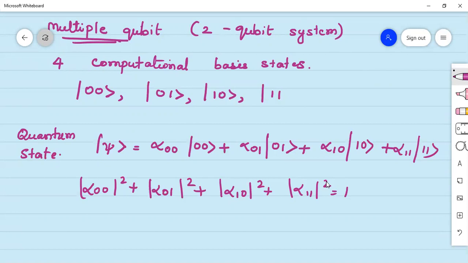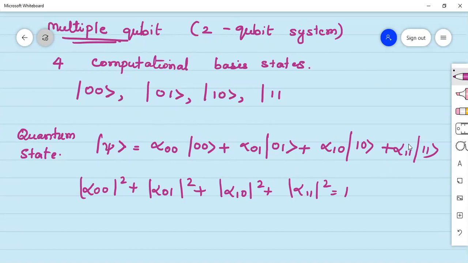So I hope you understood how to represent a qubit. What do we mean by the basis states? How can I generate a quantum state over here like this? So when you measure this now, by observation, you can see 0 0, 0 1, 1 0 or 1 1.